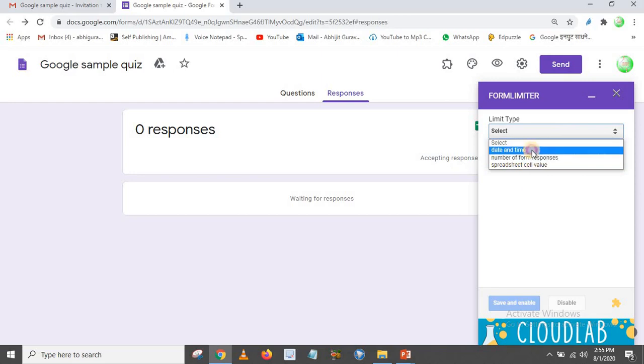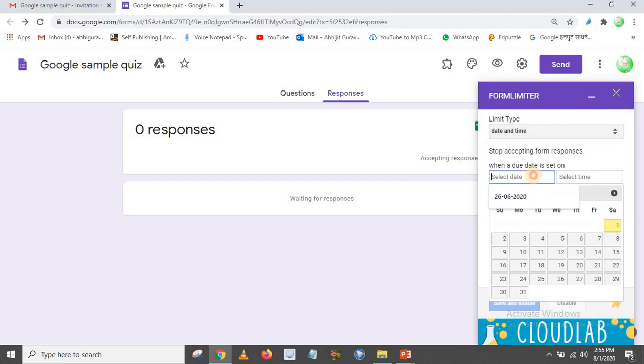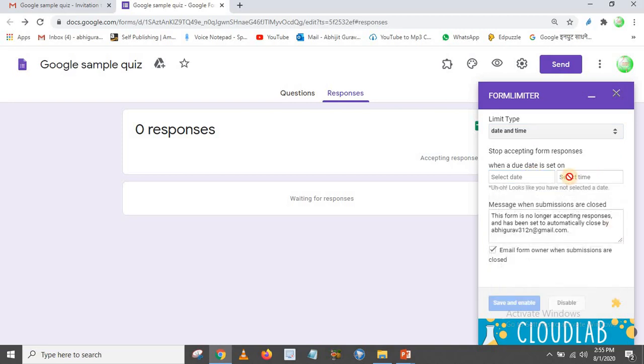If you click on date and time, it will show you that it will stop accepting form responses when the due date is reached. So if you set the date and time here, it will stop the responses the form is accepting. Then the other option is to set the number of form responses.